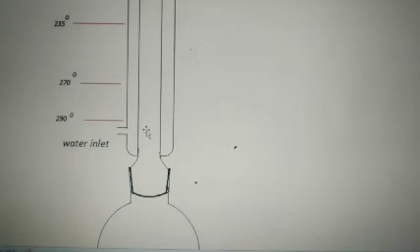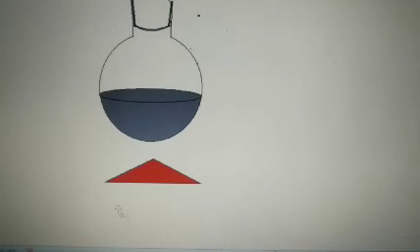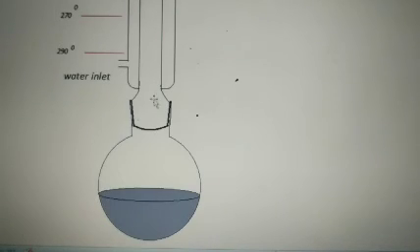So the cooling and evaporation that is being continued here, that we discussed above. See here, that is a source of heat. We will heat the sample. By heating the sample, slowly it will start boiling at a particular temperature, and by boiling, the vapors will go to the upper side.